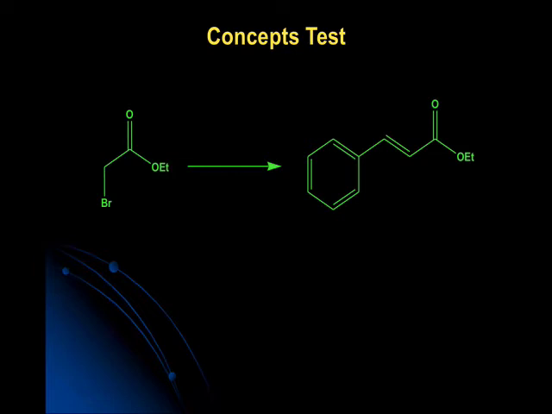And this is one, because this is an electron withdrawing group, I would have you all work on this one, because you can actually take this Wittig salt that you get, add sodium hydroxide, and you will make the ylide. It's very, very easy to do. It doesn't require a strong base, because these protons are pretty acidic. Then once you have the Wittig reagent, you simply mix it with the aldehyde, and you will get the